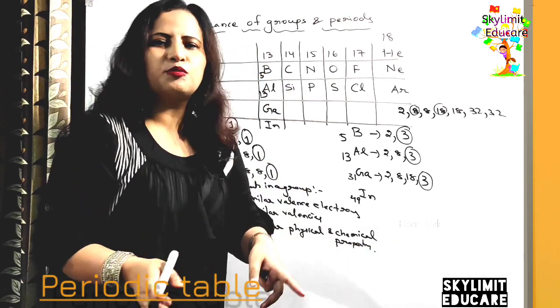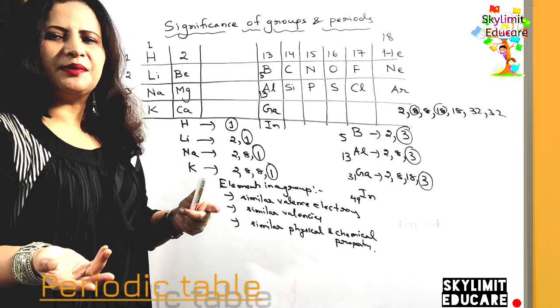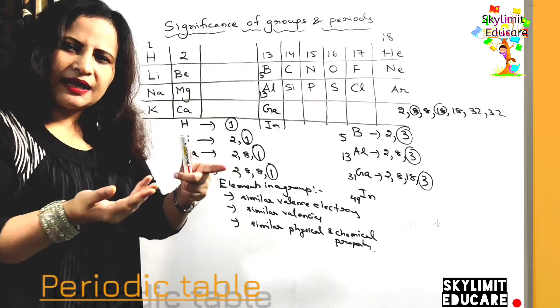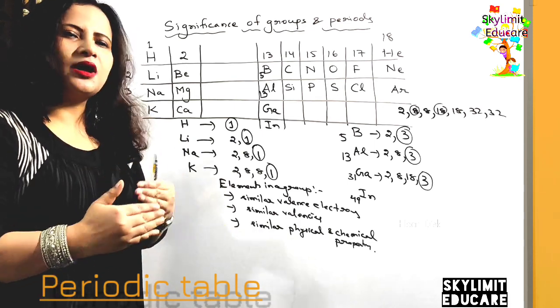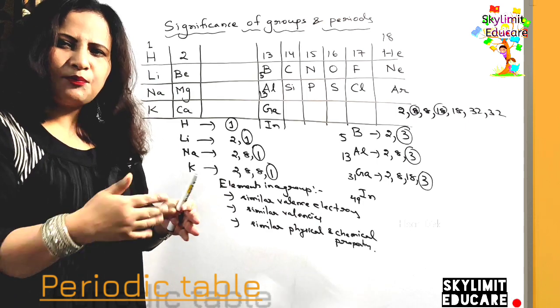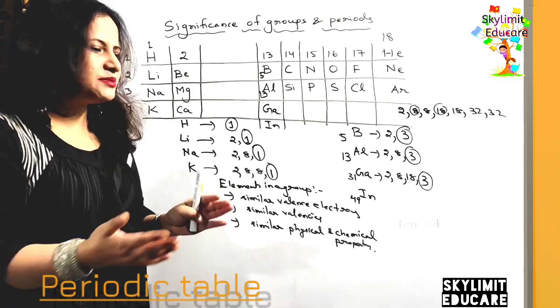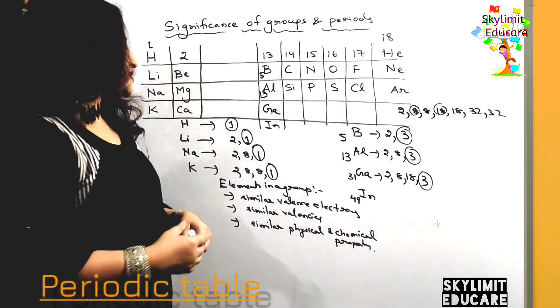In one group they are grouped together because of the meaning of this periodic table: elements which fall in the same group should have similar physical and chemical properties, or the properties show a gradual increase or decrease. We will be discussing that again in the next class, along with some important periodic properties. Today I am just focusing on the significance of the group and the period.